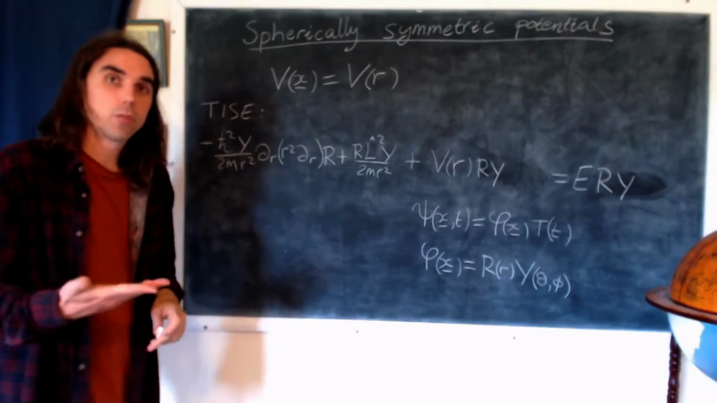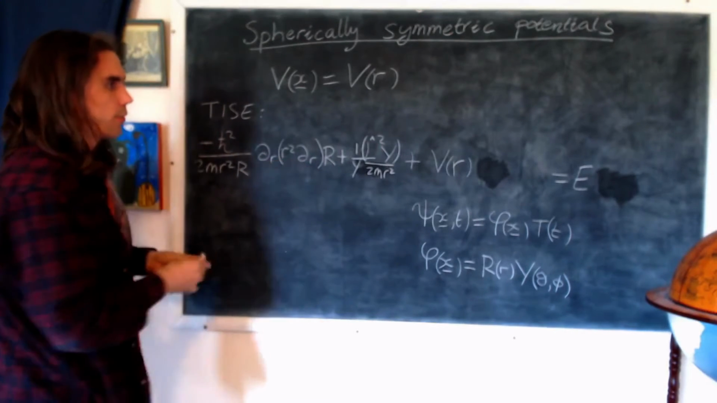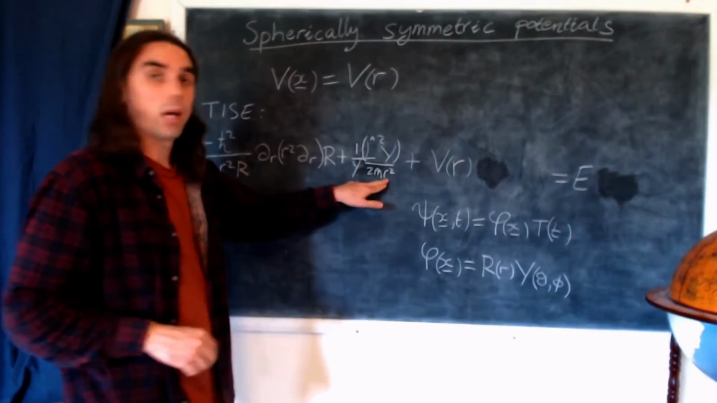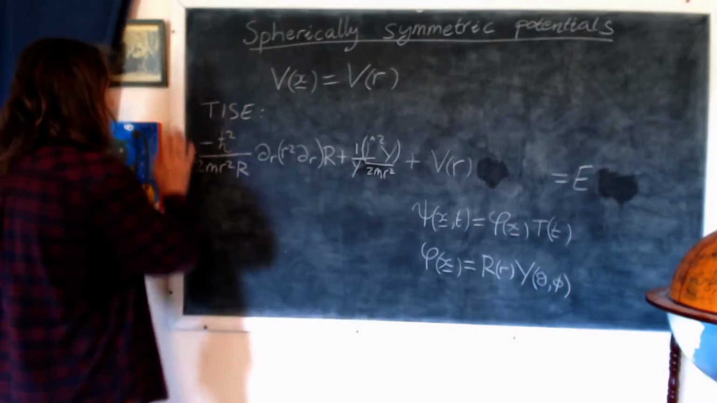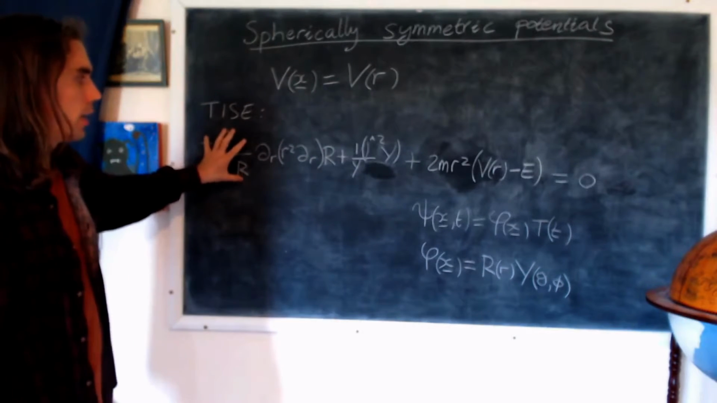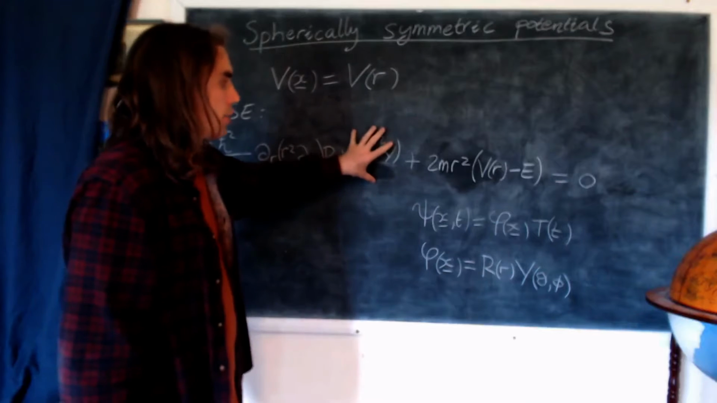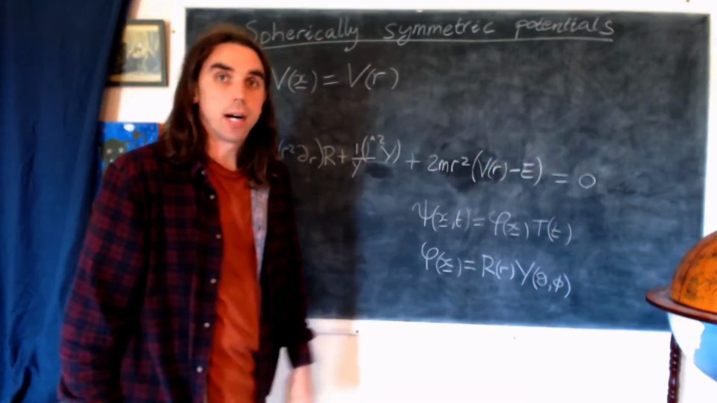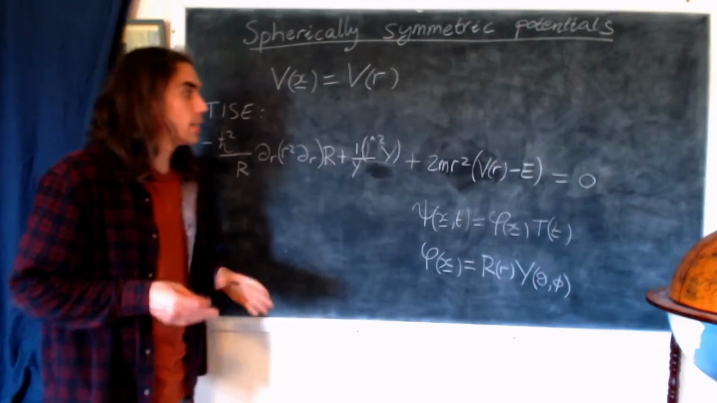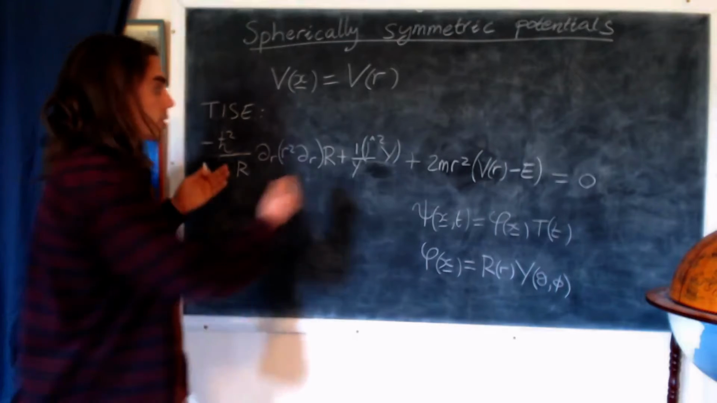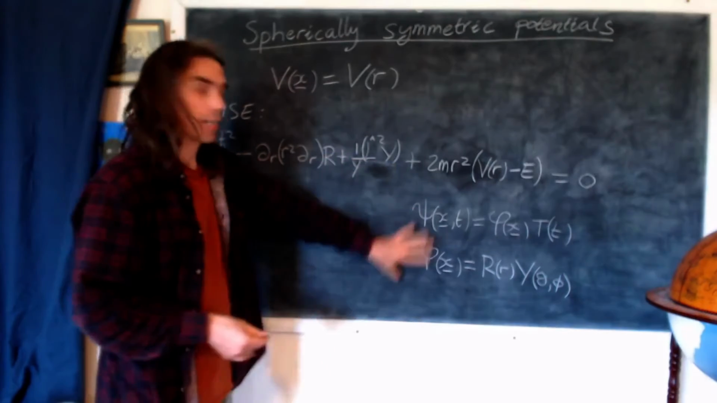So we can divide through by RY to give the following, and then we can multiply through by 2m r squared to give this result, where the first term here is only a function of r, the second term is only a function of theta and phi, and the third term is again only a function of r. So we now have successfully separated our equation again, where we have the following, if we just rearrange things slightly,